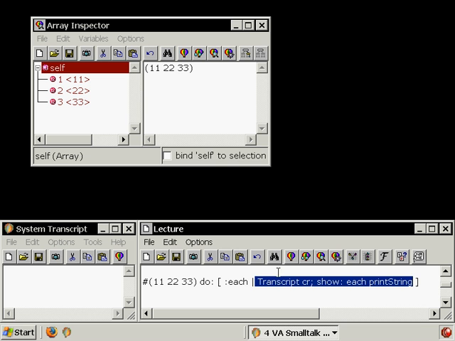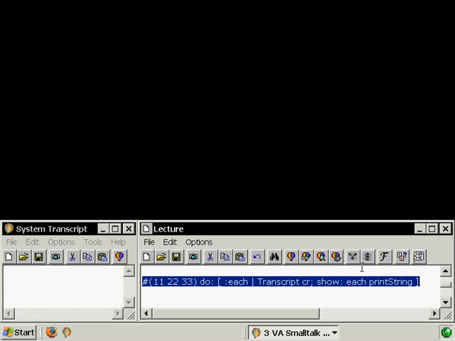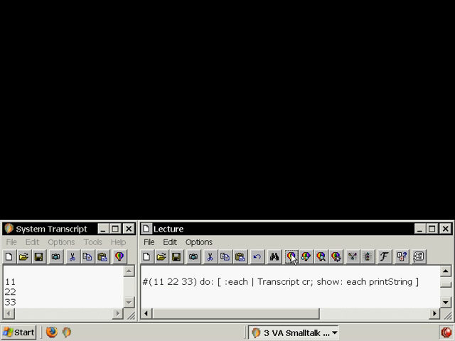We are talking to transcript, to this guy, and say, hey, transcript, CR, go to the next line. And then we send message show column to transcript, and we pass our current element converted to string. And that string should appear on the system transcript. Why don't we try to execute it? Take a look. I execute it, and all elements of our receiver, of our array, do appear on the system